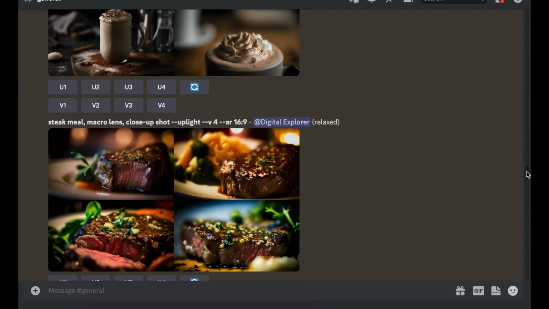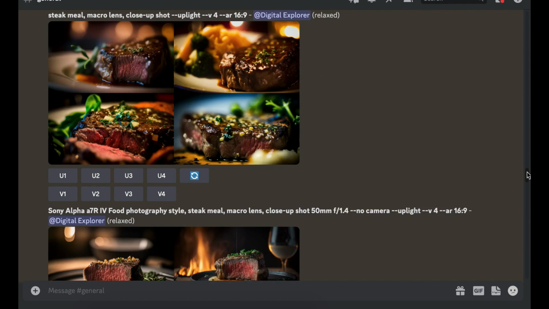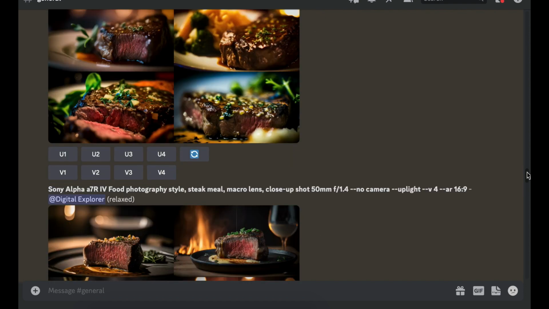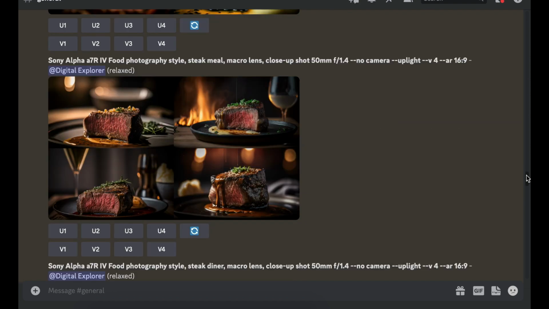For the next one, I decided to try some steak. Like when I try a type of food for the first time, I do the basic one. So this one is a steak meal. As you can tell from all my prompts, I've got some sort of a formula. I'm just changing a few words. And from that, that's what I got, which was not that bad. But then I decided to do another one again with the camera, which gave a better image,